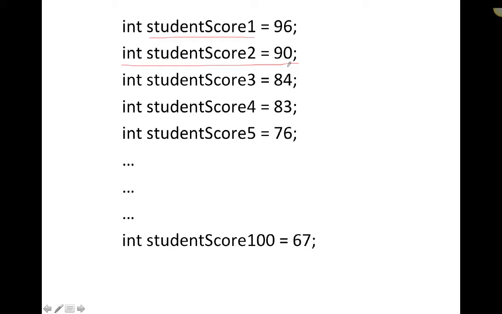scores. An array is a named list of data items that have all the same data type. Each data item is an element of the array. You declare an array variable in the same way that you declare any simple variable, but you insert a pair of square brackets right after the type. For example, to declare an array of int values to hold student scores, you can write int open and closing bracket studentScores. To create an array of doubles to hold student GPAs, you can write double open and closing